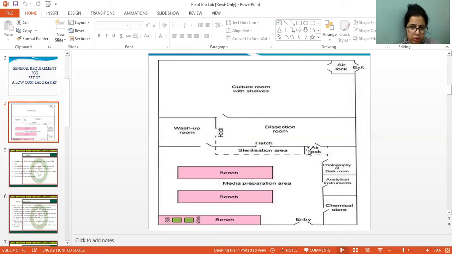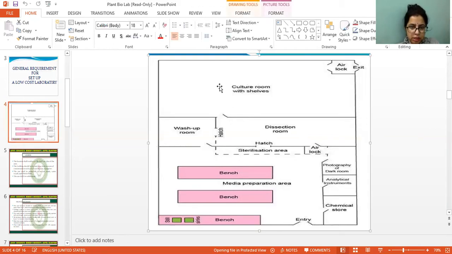Again, you can see this is the airlock system, where whenever you want to click photographs of your cultured plants, you take the conical flask from here, come into the dissection room, and then you can go for the picturization of your explants, the tissue cultured explants, actually in vitro cultured plants. So you can do it.